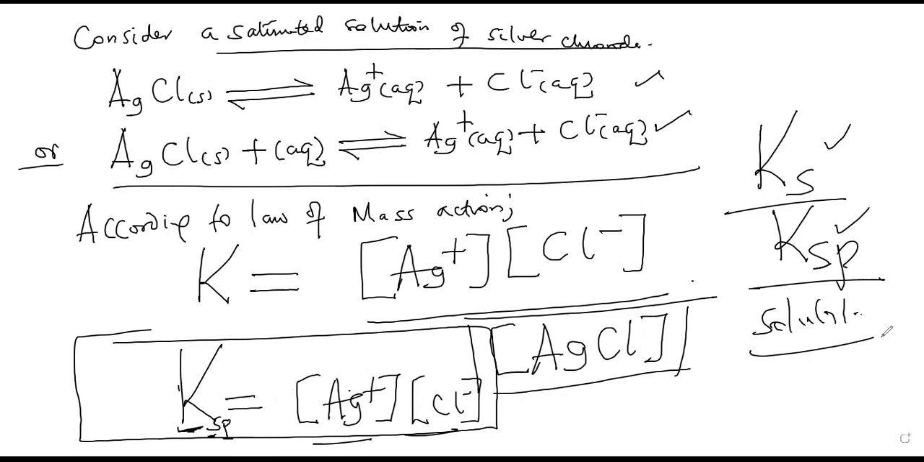Now, when we are defining KSP or solubility product, I want you to consider this example to derive a definition. KSP is the concentration of silver to the power 1 times the concentration of chloride to the power 1. So when you're defining KSP or the solubility product, we define it as the product of molar concentrations of ions